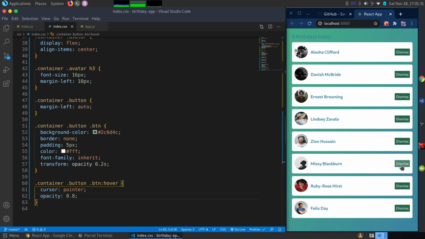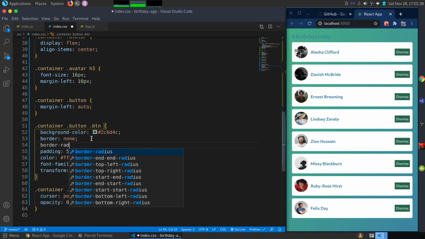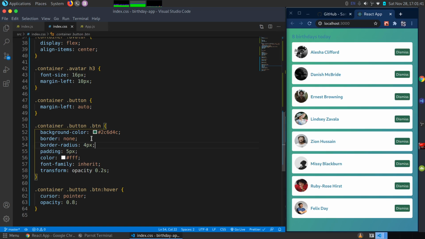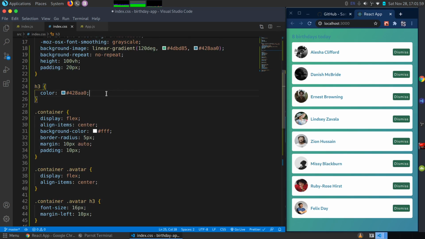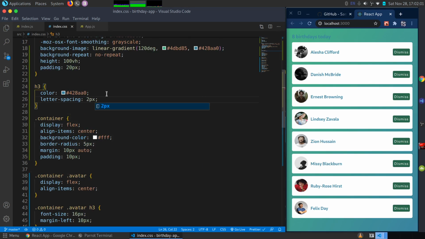Let me also add some, what's it called, border radius on the body, and I'm going to set the border radius to be 4 pixels, and what else? Let me say letter spacing of 1 pixel, like that, so that it's more pronounced. And for the H3s, let me also add a letter spacing of 2 pixels, or 1. Okay,